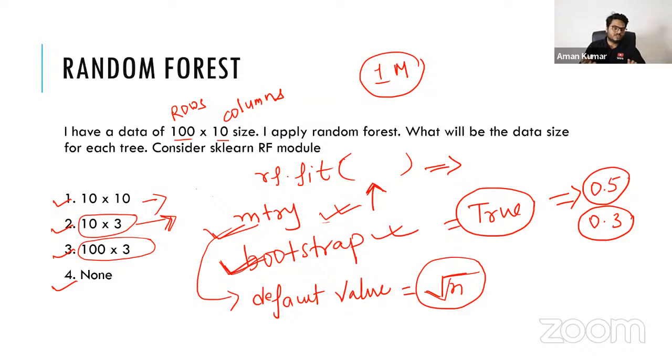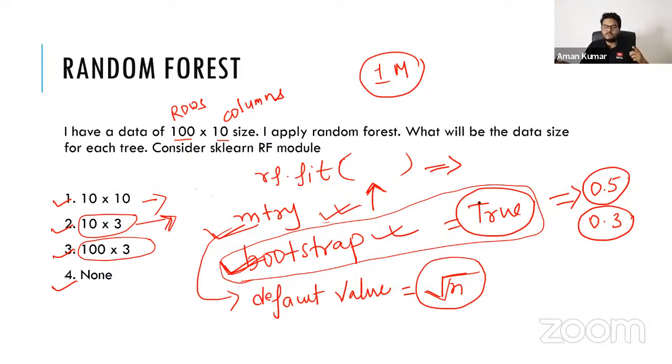I'm talking about random forest model. Suppose I have 100 records, 10 columns. Then how many of the records will go in each tree? What I'm saying is, by default, this bootstrap parameter is true. And what percent of samples go in each tree? By default, that is 1, which means 100% of the samples, until or unless you make it 50% or 30% or 20%. You can check it, okay, and you can come back on this. No issues. I may be wrong, you may be wrong. Okay, not a problem. Let's go to the next one.